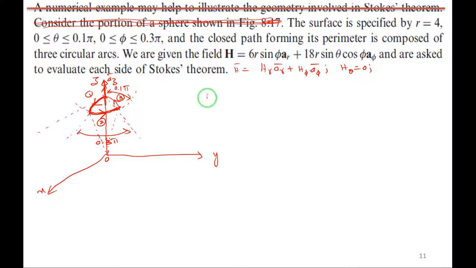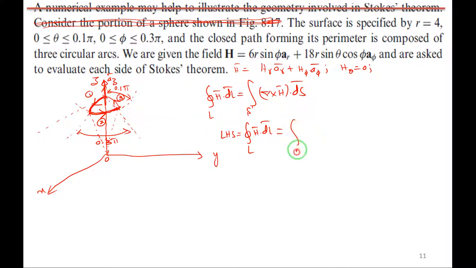Okay. Then next we will write Stokes theorem. The closed line integral of H dot dl is equal to the surface integral of del cross H into dS. Is it fine? Okay, first let me take the LHS, the closed line integral of H dot dl. I have to integrate along the perimeter of this entire surface, right? So first I integrate along path 1, then along circular arc 2, then along circular arc 3, H dot dl. I have to write H dot dl for all. Okay, call this equation 1.